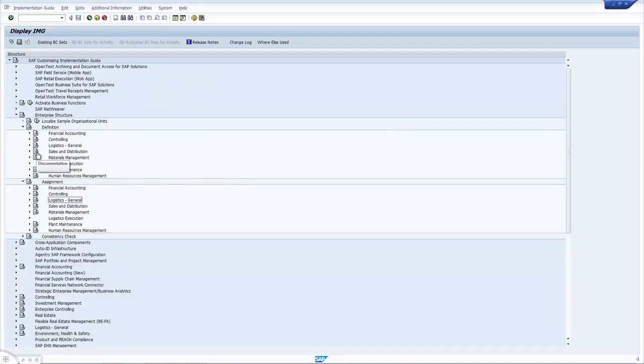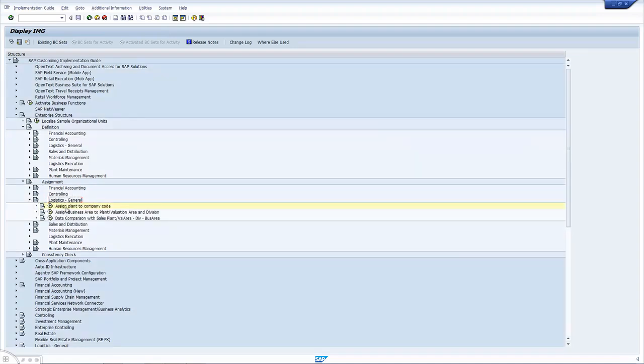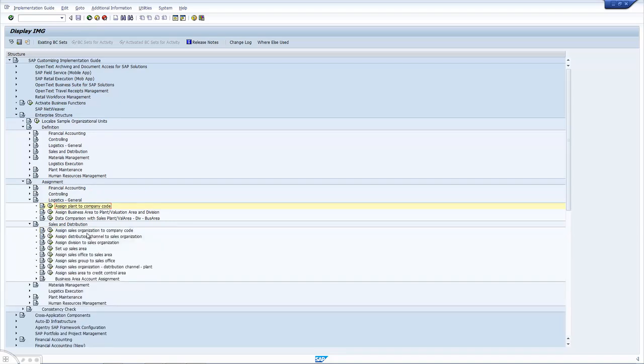Now that I have assigned the plant to a company code, I just want to show you a little bit more. If we open the sales organization, we can see we can assign the sales organization to the company code. We can assign the distribution channel to the sales organization. But notice down here, there's quite a lot more assignments. I'm not going to cover those because that's really done by the sales and distribution people. We really want to look only at the supply chain